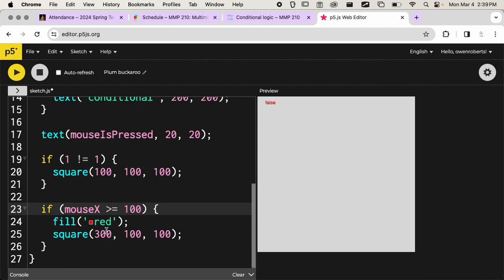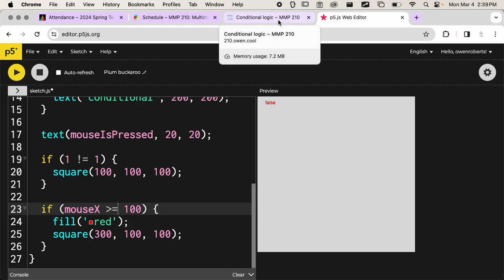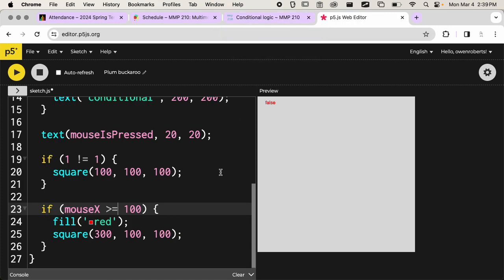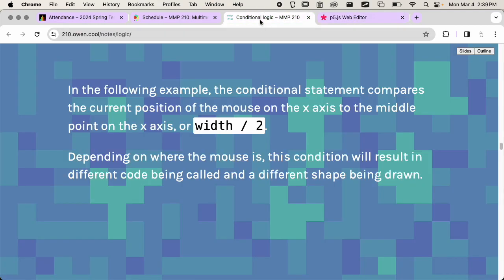So we can compare different values. That's useful for knowing where the mouse is on the screen. You can have different things happen, different screens. Eventually, as things get a little bit more complex, we'll add multiple conditions together. And this is where you get things like buttons. Like if we click on something, like when I click on the tab at the top of Chrome,